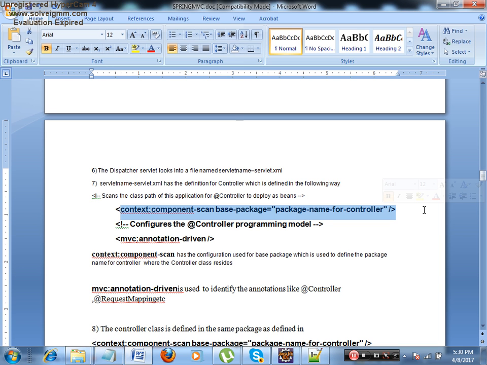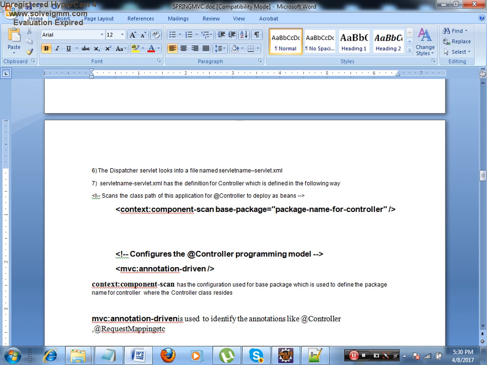Any class annotated with @Controller on top of the class will behave like a controller, the entry point for the application. So if you have given context:component-scan in an XML file, it will look into this package for classes annotated with @Controller and load those classes.